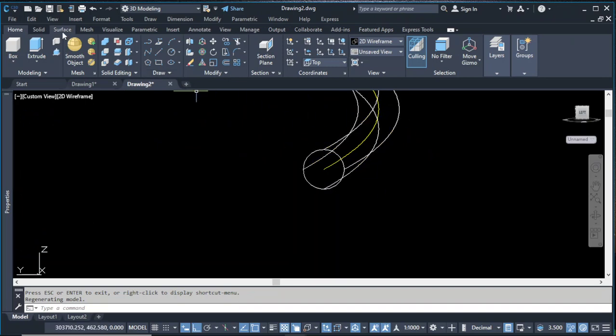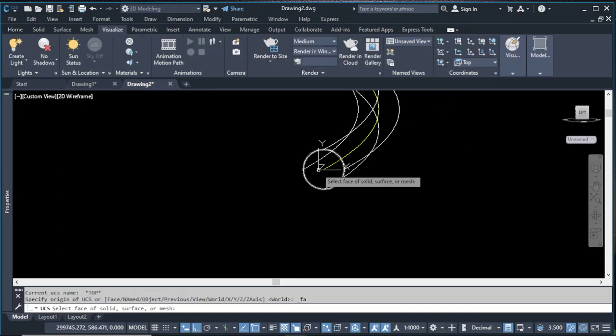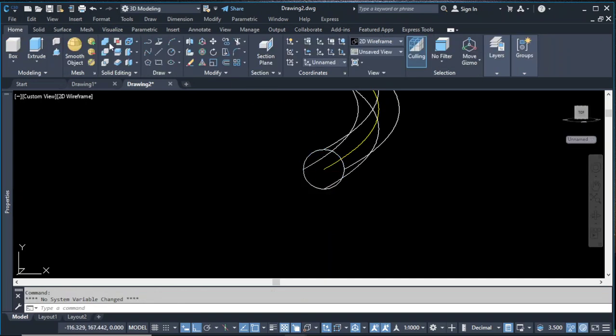So we can try to align again the UCS to this face like that, enter,